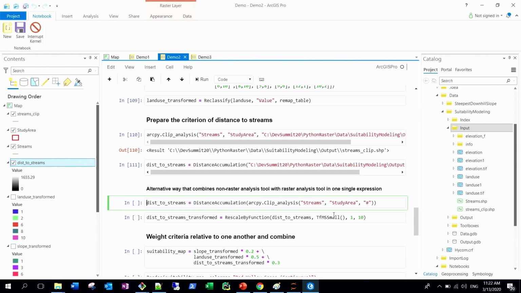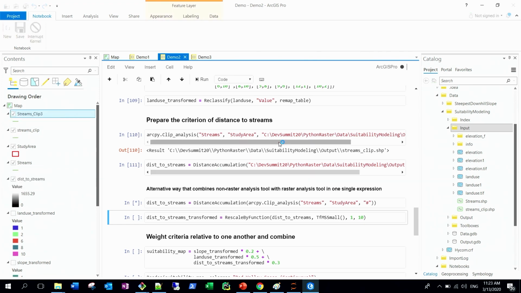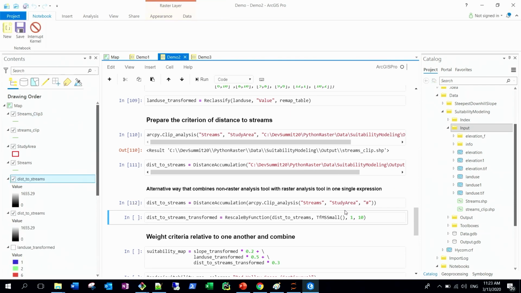So instead of specifying the full path of your feature output, you just use this pound sign, and then use the entire expression of your clip analysis as the argument to your distance accumulation analysis. So with this one simple Map Algebra expression, you do what these two lines do, and you don't need to keep track of your output because it has been handled by the system to a temporary output location. All right, so